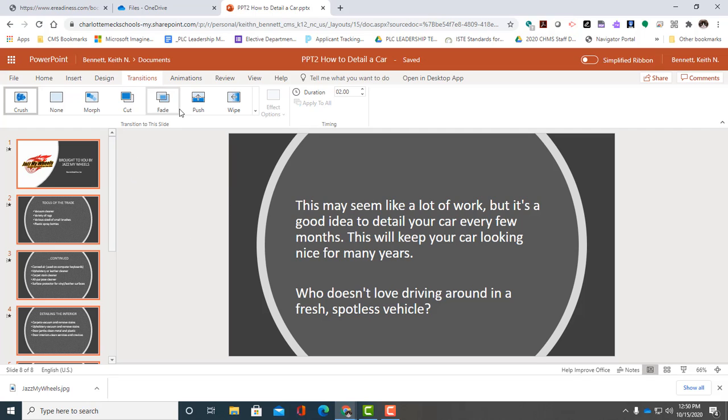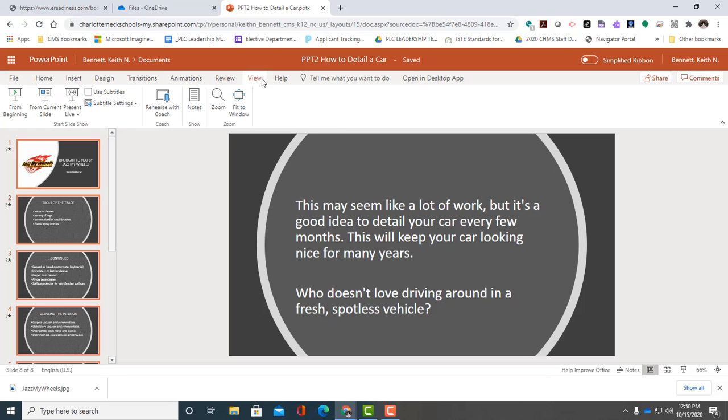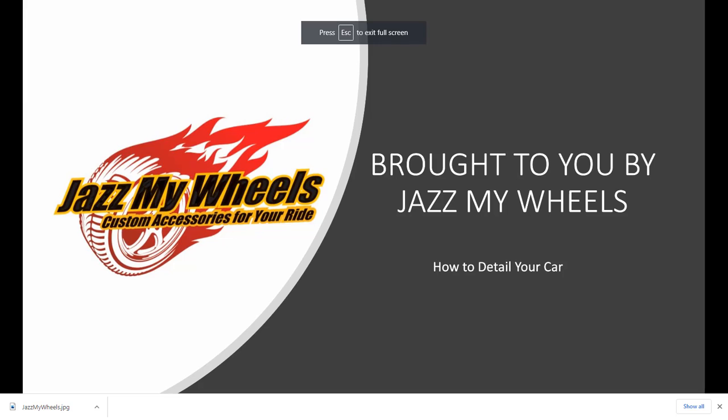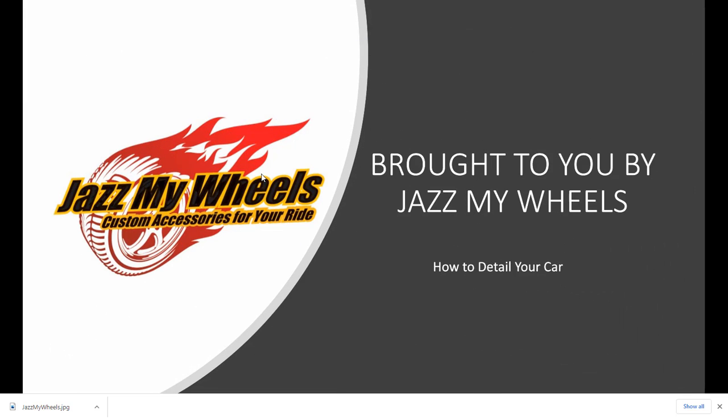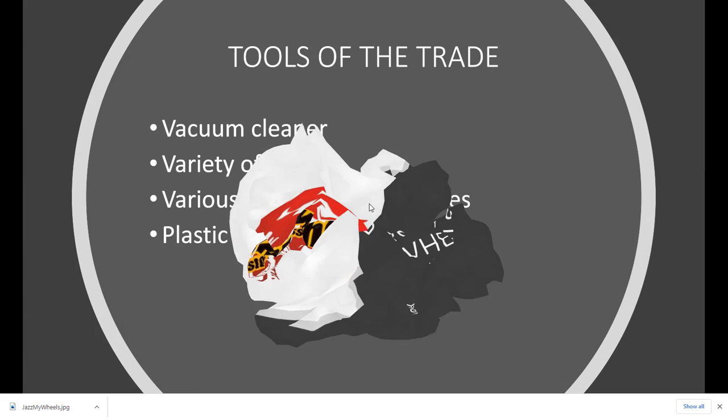And so what I want to do now is preview this. To preview this I would go under View, click the View tab, and then click From Beginning, and let's just see what this looks like so far. So you see what it looks like, and Crush kind of looks like you're crushing up a piece of paper. And then to get it to go to the next slide, I would have to either